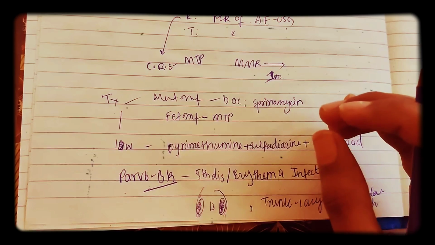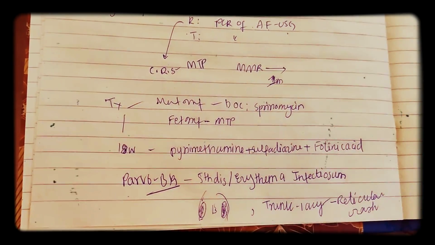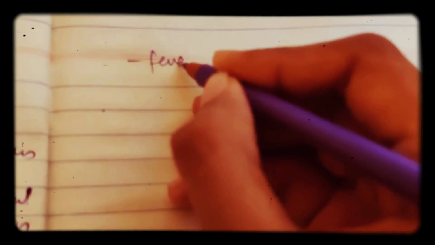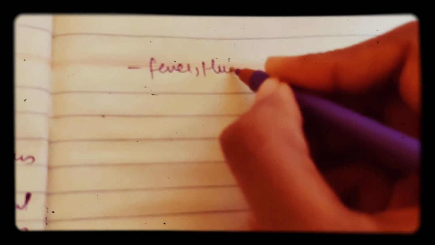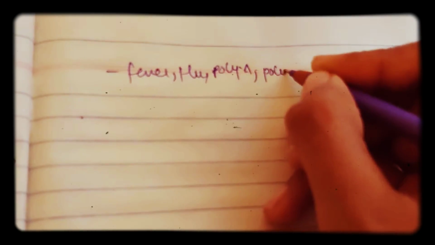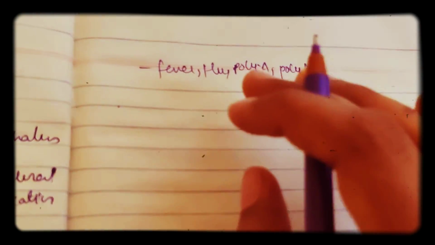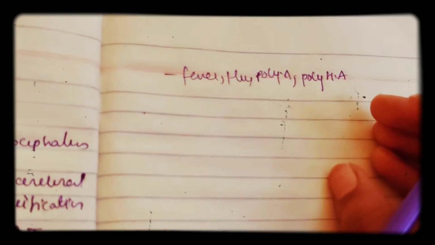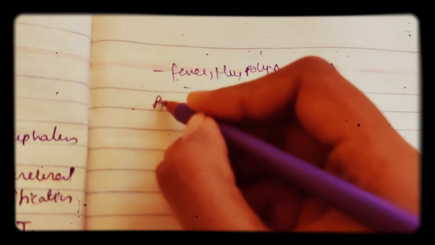Next, coming to symptoms. What are the symptoms you see in a pregnant female with this virus? You will have fever, flu, slapped cheek, as already said, lacy pattern, and polyarthralgia, and you have polyhydramnios. This is important. Polyarthralgia and polyhydramnios are present, and there is a chance of vertical transmission to the fetus. In that case we need to do abortion.